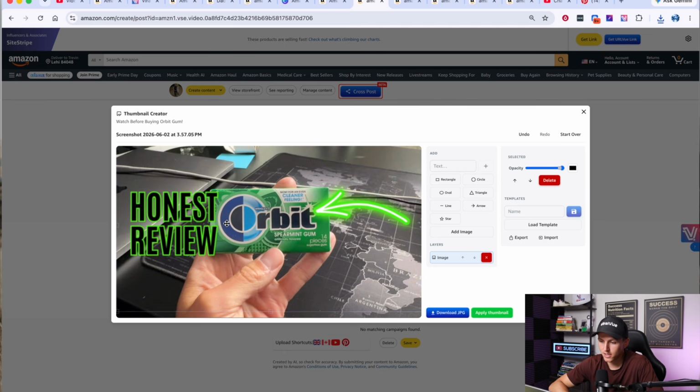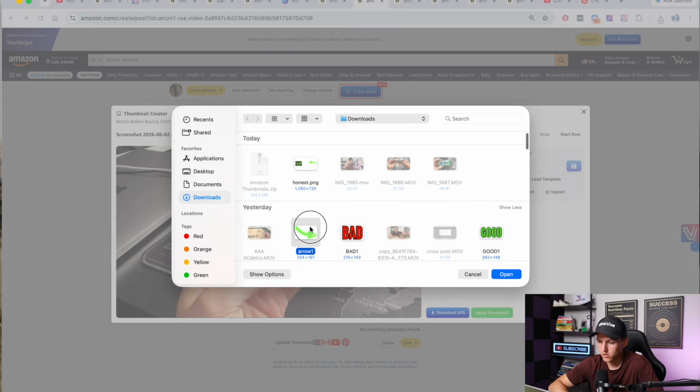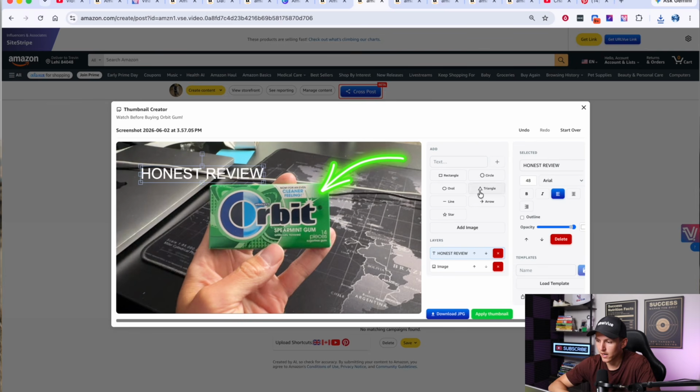So instead of doing this, what would be the better option is I'll delete this and I'll come and add an image, which I have the arrow. So I'll get this separately and I can do this and then I'll add a text and just say honest review. And I can basically build out exactly what I had within